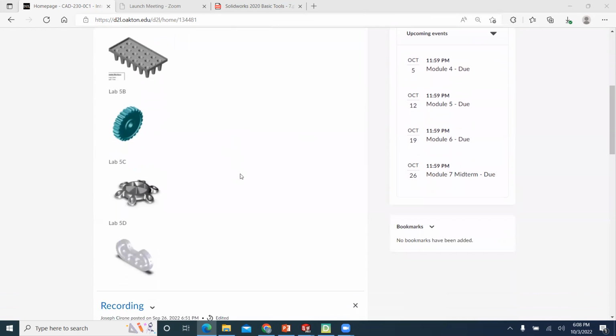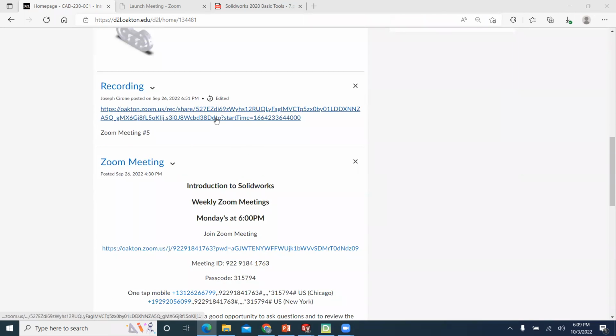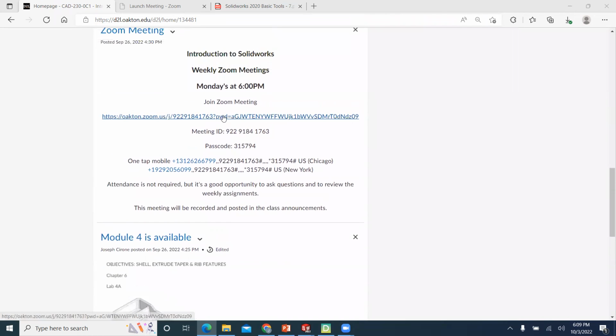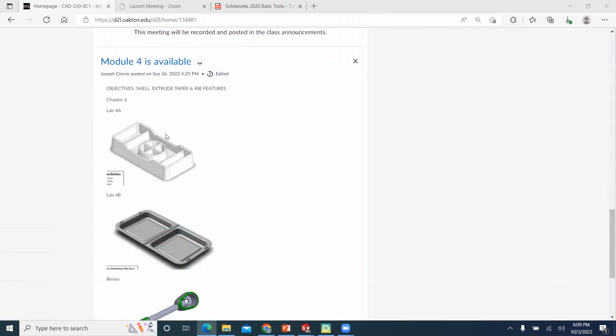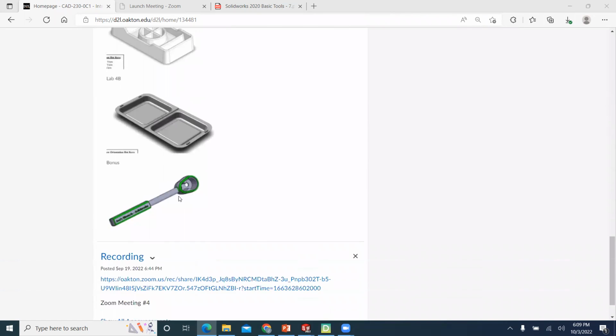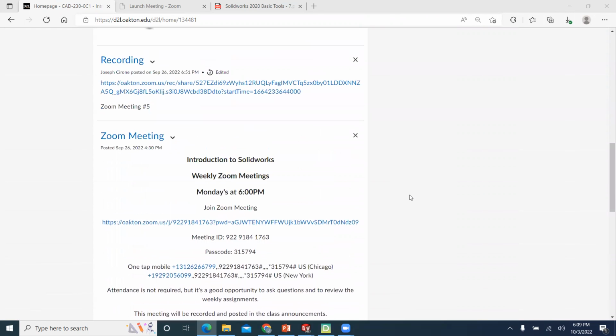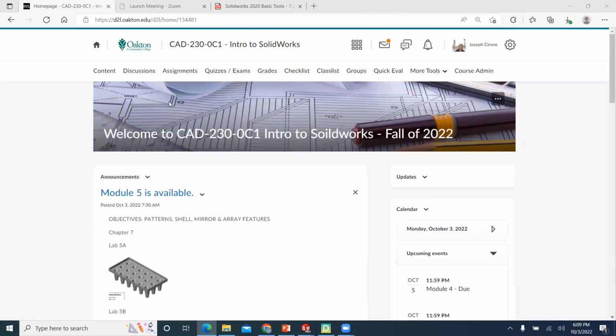As we take a look at the modules and the exercises, last week's recordings are right here. We hold our weekly meetings on Mondays at 6 p.m. Last week, we covered Module 4, which was rib functions and shell features. And then there was this bonus wrench that we can model. And then as we take a look at the content,